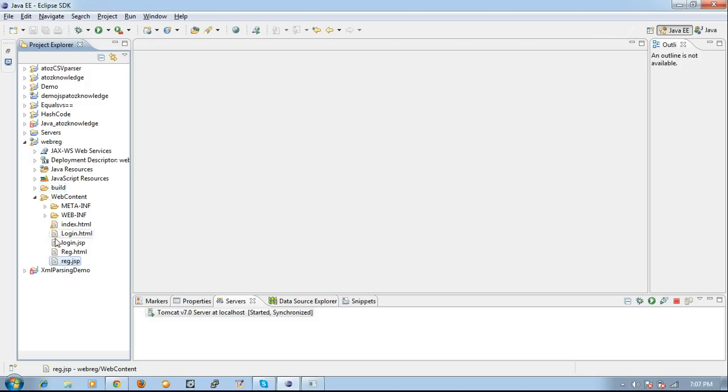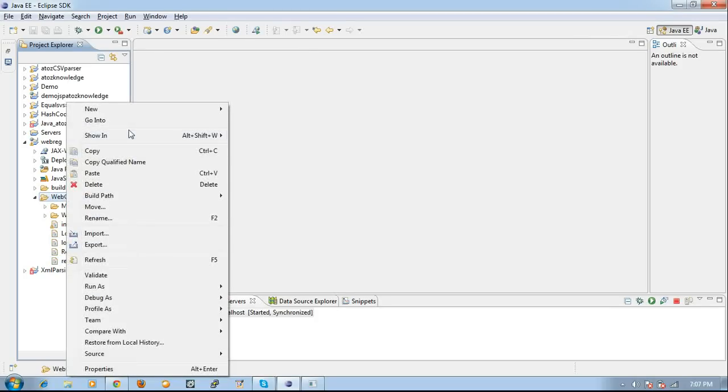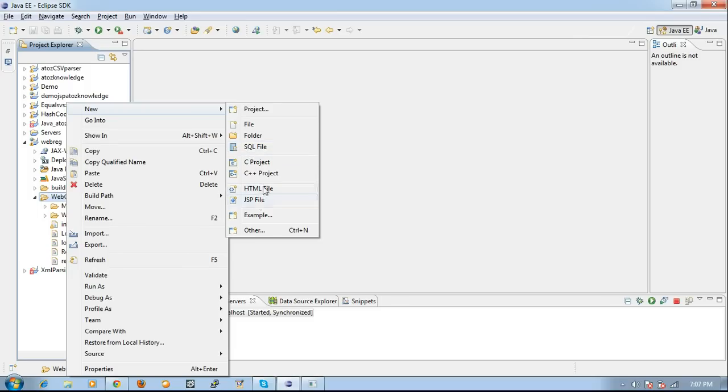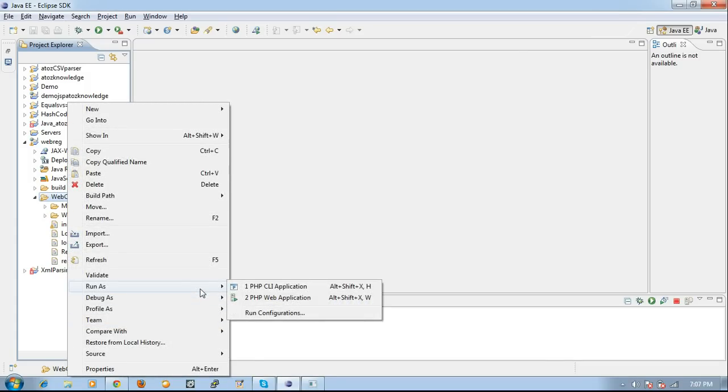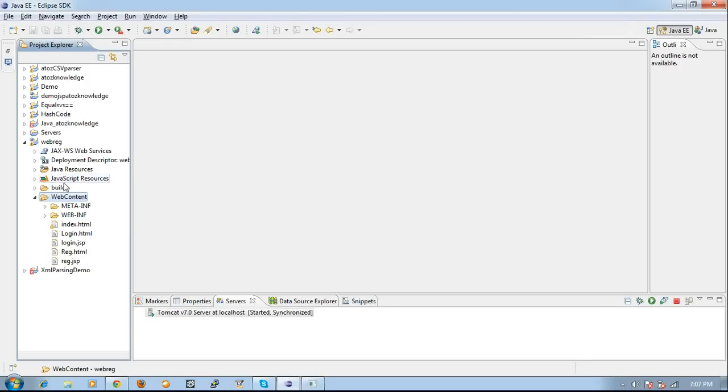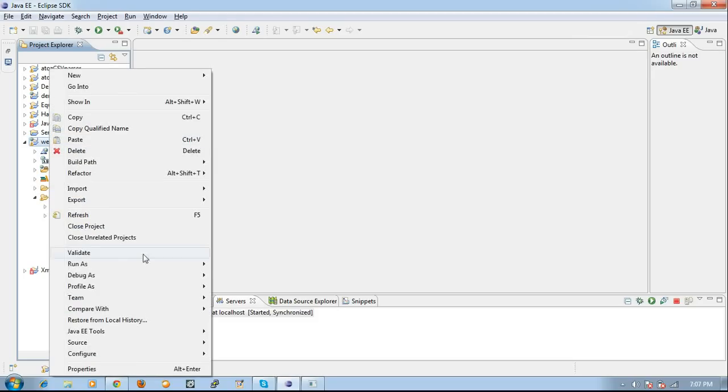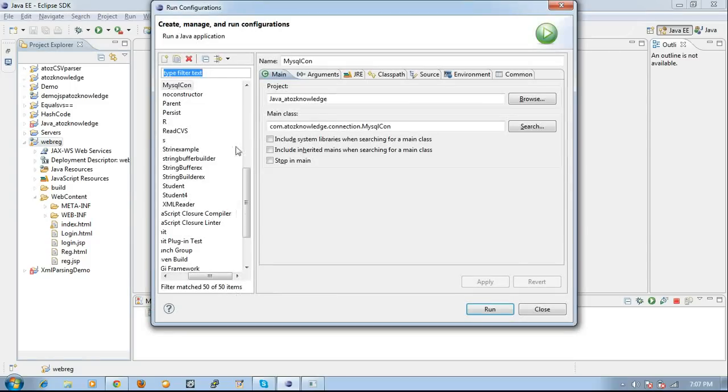Now this is the directory structure of your web application, and here we don't have anything like src. Instead we have WebContent. You right click this WebContent to create an HTML or JSP file, whatever file you create will be added like this. First of all, I will execute this code and show you what happens. It is not run as a Java application, it has to be executed on a server. I'm right clicking my project, then Run As, Run on Server. It is not there, so I'm going to change this to my server.